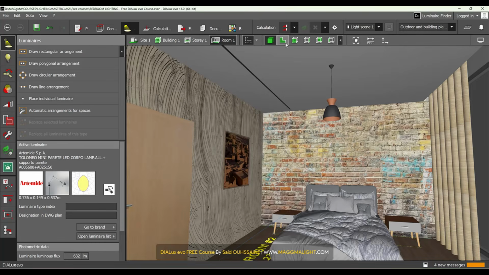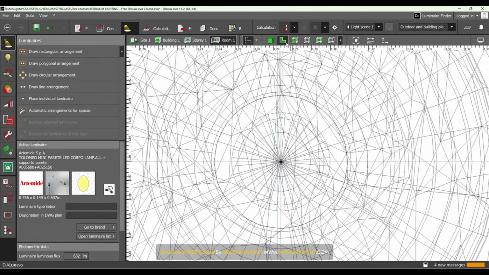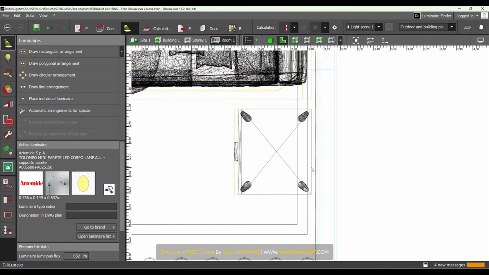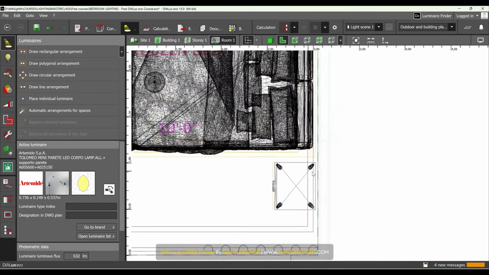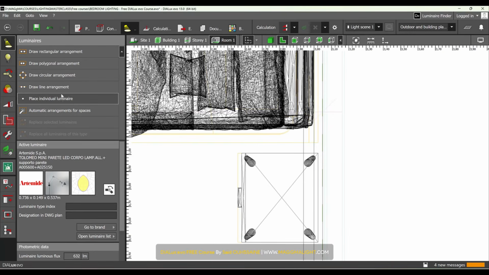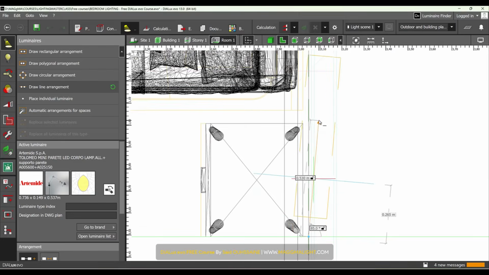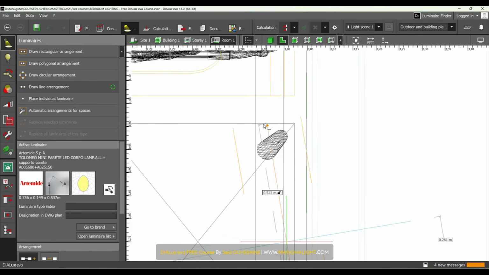To insert it in an efficient way, I'll go to Floor Plan View, I'll come here, then I will pick Draw Line Arrangement. So I will hover over this line, so I have this help line on the wall. I will go up, then I will hover on this line again, so I know where to stop. I click here,